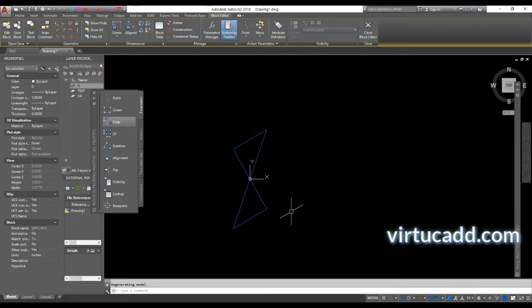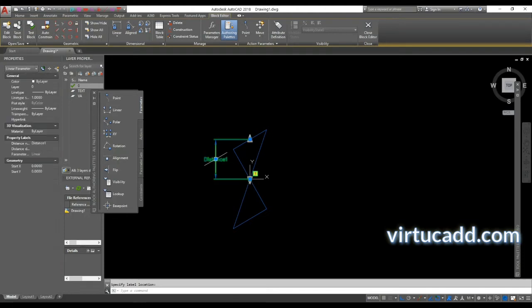First we want to scale this symbol around the center, so we will add a linear parameter, choose center, then any point, this one, distance, and we will rename it as scale 1.